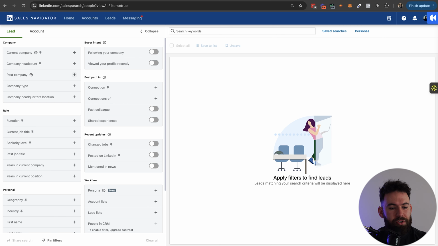So what I'm going to start with is going through all of the different filters that are my favorites and then the ones that I don't use typically, just because it either narrows the search criteria too much or they're just relatively unimportant. So the first thing that we're going to do to find high quality clients on LinkedIn is